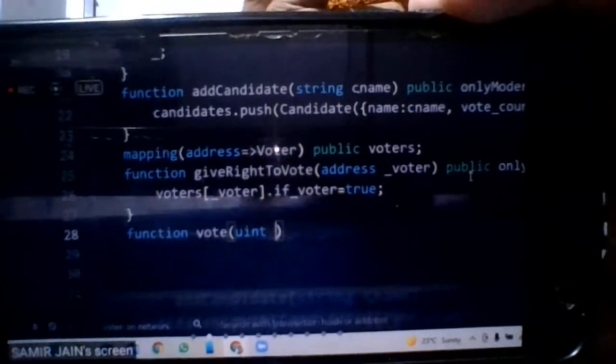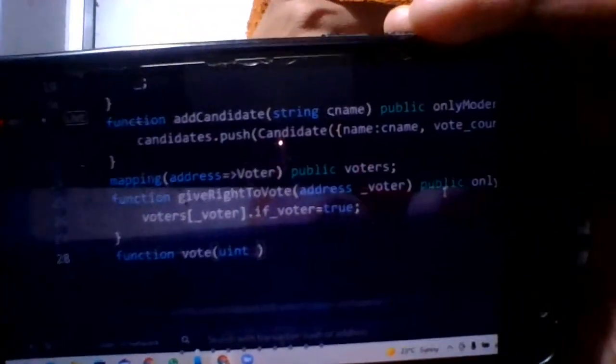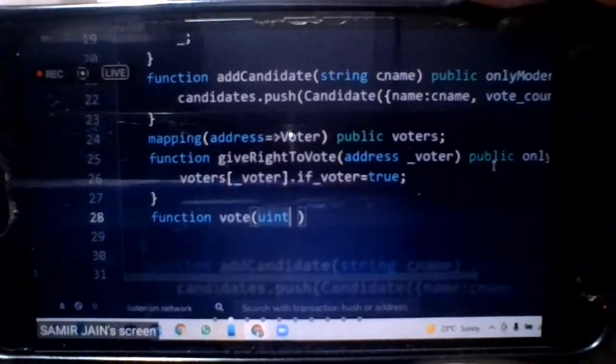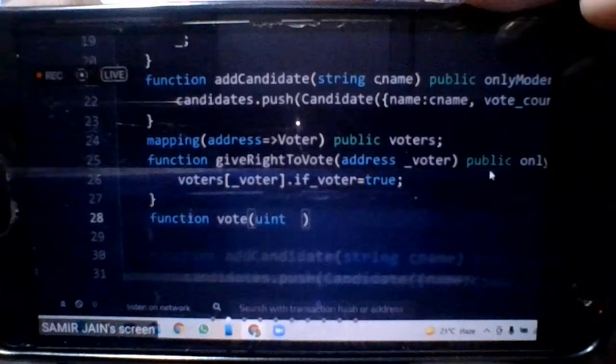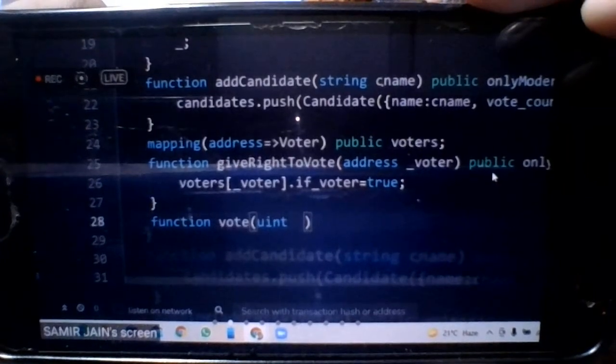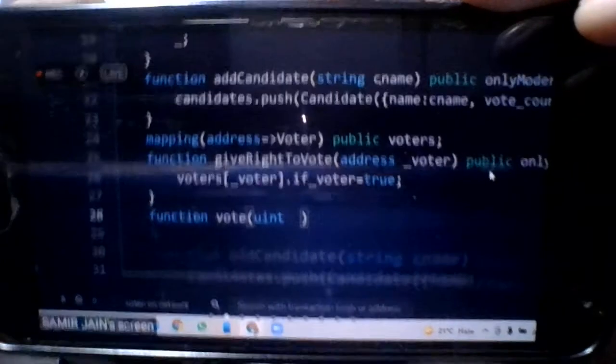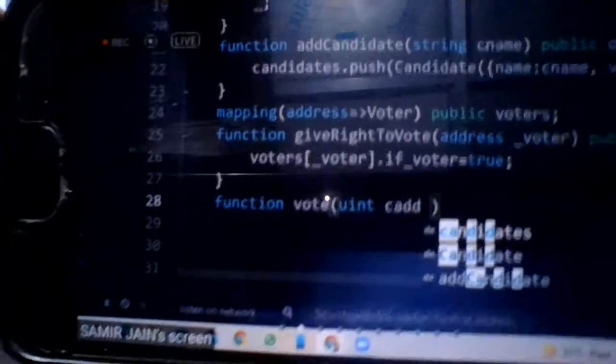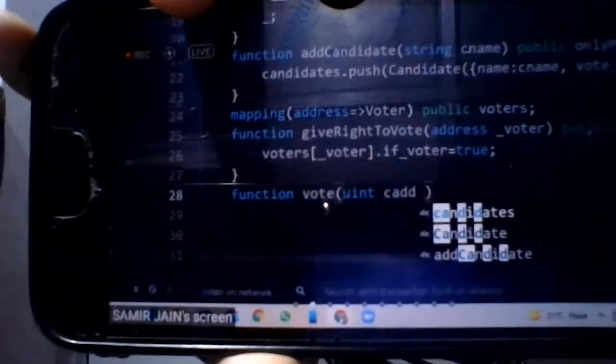So I'll type uint, and then I'll take a variable C, like candidate address. So C add, you can take this thing. Now it will be a public function, so public, and then we are defining the body.